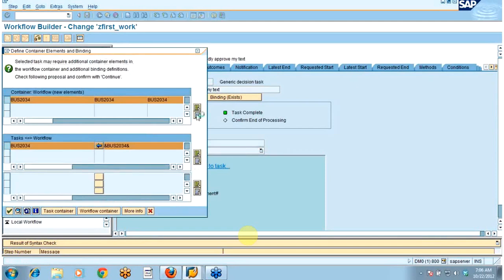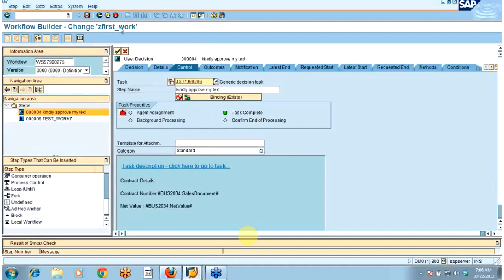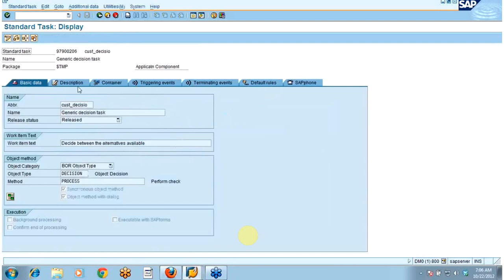We don't need this binding, as the system automatically proposes the binding. You can see here that once this task has got populated and you double click on it, in the description part,